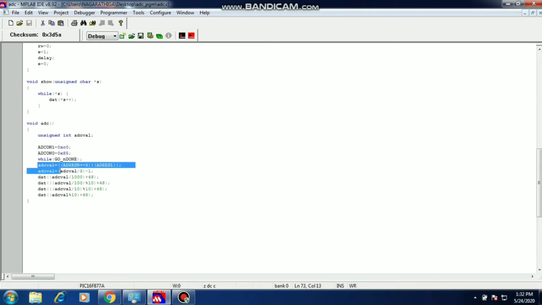I need to print the values we are getting from the ADC conversion. For example, I have 1023. We need to separate the digits individually: 1, 0, 2, 3. Here I am using simple logic, division and modular division. Based on my logic, I implement it to separate the values and display them in the LCD.